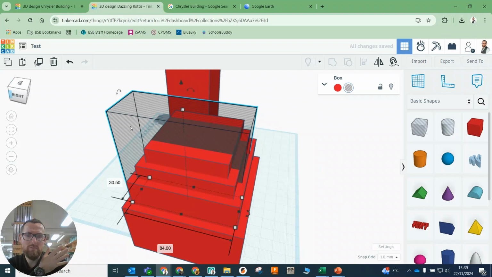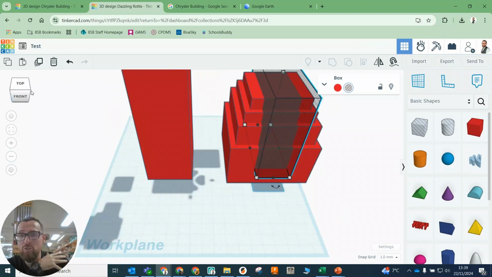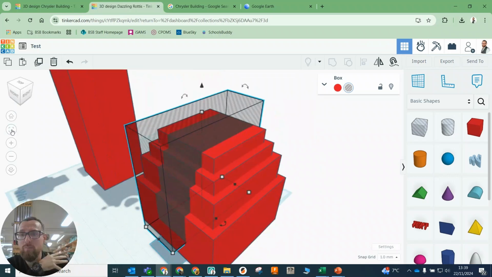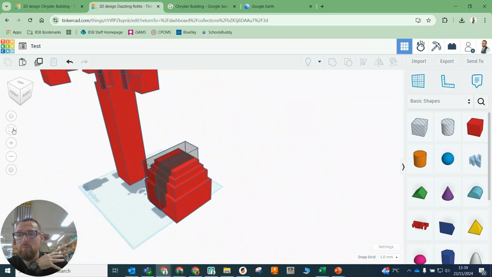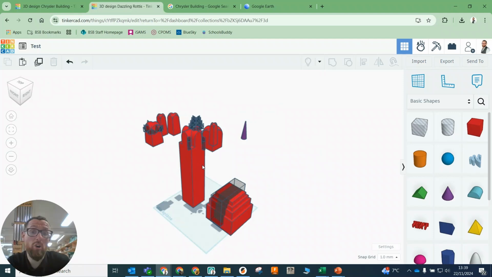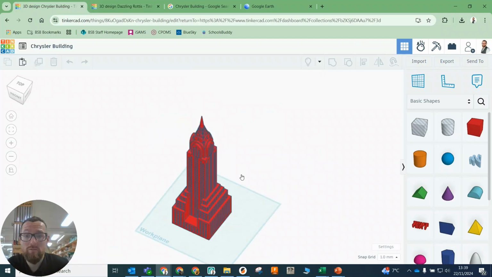So again, let's zoom back out there so we can see the whole thing and fit everything in. Okay, it's all dragged apart now. If I go back to my actual model of it, you can see once I add on